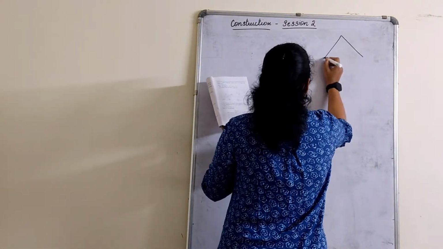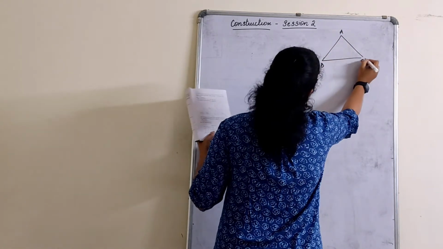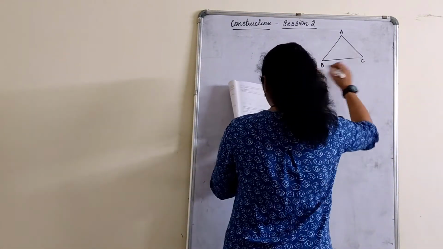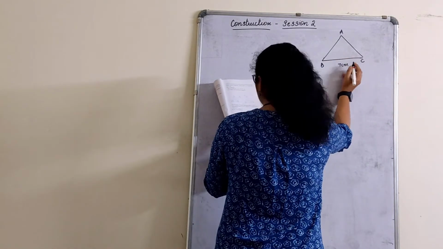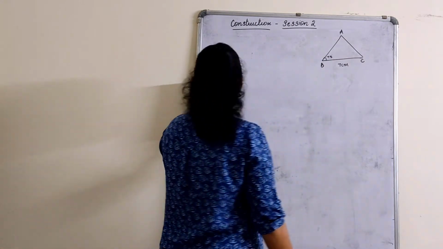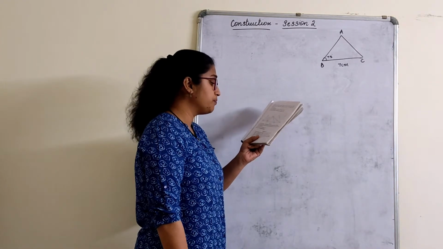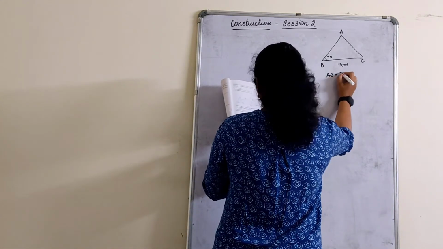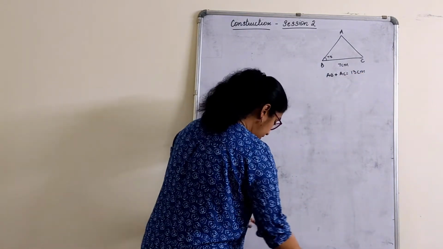Construct a triangle ABC. We always know that construction of a triangle, or any construction part, should always be with a rough diagram. So this is a rough diagram ABC. We see to it that you have a base measurement, always 7 centimeter, and the angle, if it is given, should always be in base. So construct a triangle ABC in which BC is 7 centimeter, B is 75 degree, AB plus AC is equal to 13 centimeter. So let's go for it.